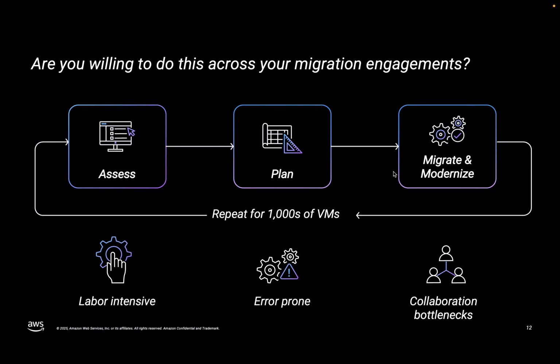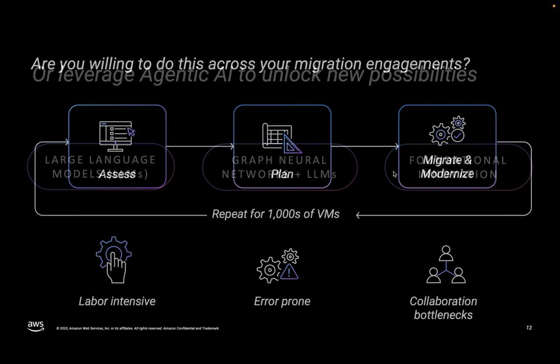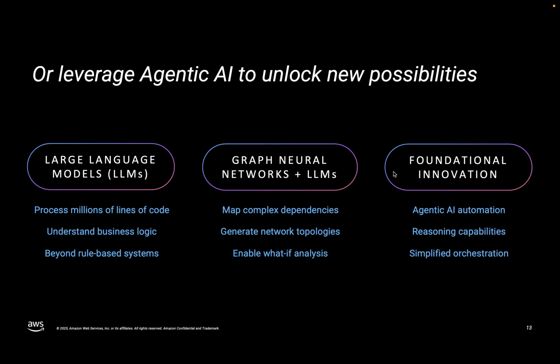Still, it is labor intensive. Sometimes you run into errors, and then there'll be collaboration bottlenecks, right? So what we do for that is basically leverage large language models that can process lines of code, understand the business logic beyond rule-based systems, graph neural networks plus LLMs, and that basically results in agentic